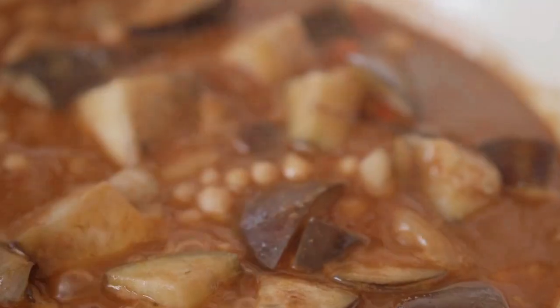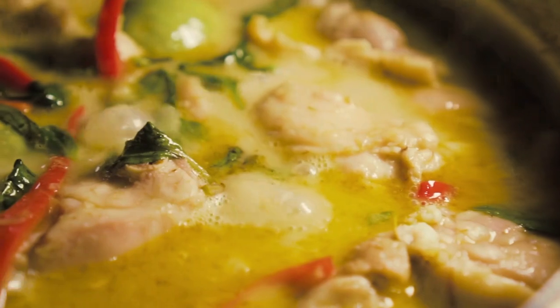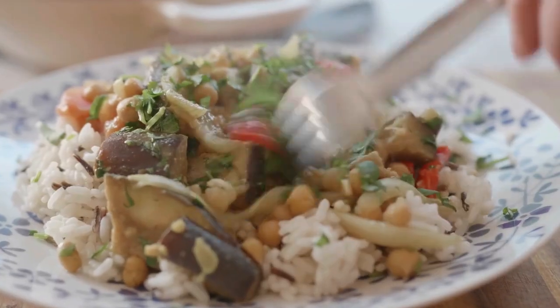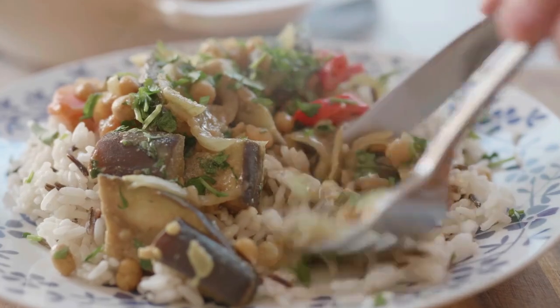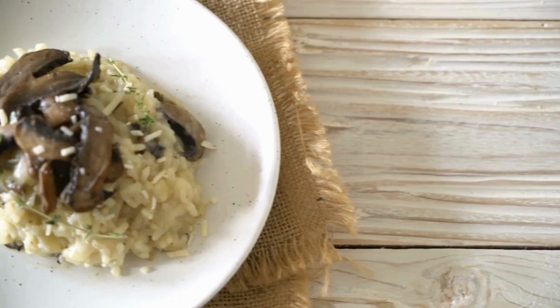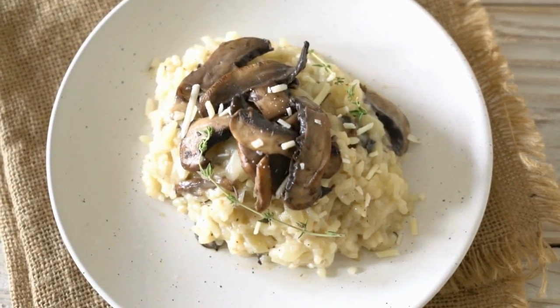Season with curry powder, cumin, and coriander. Simmer until the spinach is wilted and the chickpeas are heated through. Serve over brown rice or with whole wheat naan for a satisfying, sustainable meal. Number 5. Mushroom Risotto. Mushroom risotto is a comforting dish that can be made sustainably by using locally sourced mushrooms